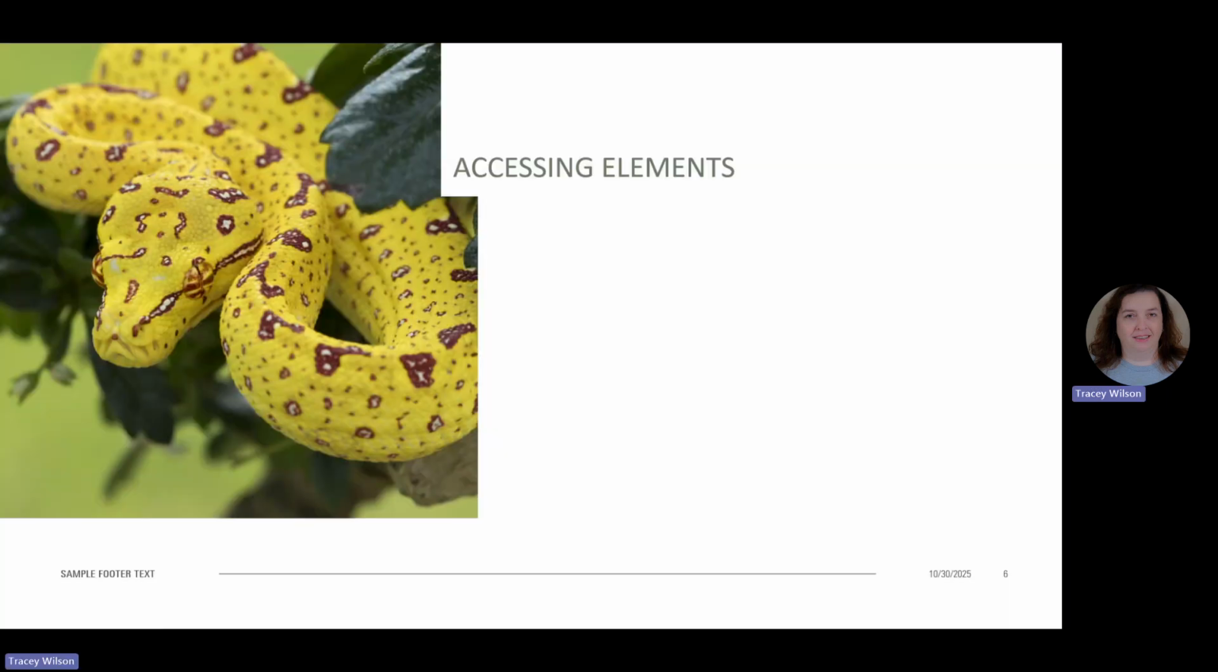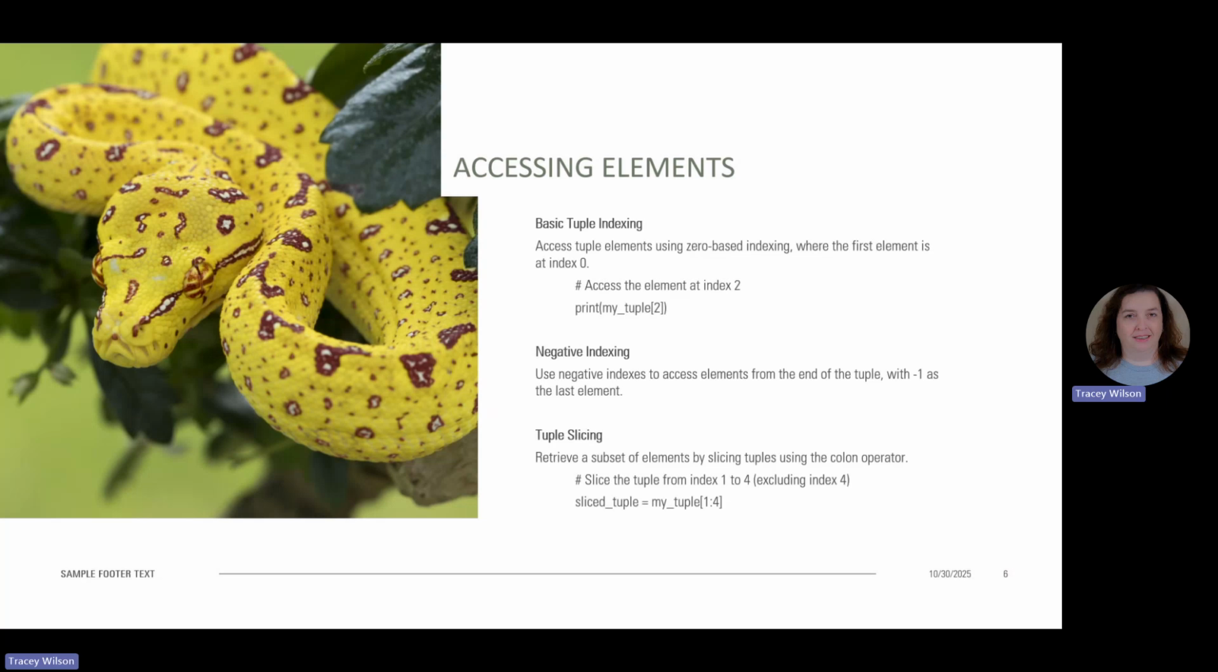Oddly enough, you can access tuples in very much the same way you can access list elements. Each item has an index number. You use the square brackets around it to get that particular index. You can do the negative indexing like we talked about with lists. I discourage it because I find it very confusing for